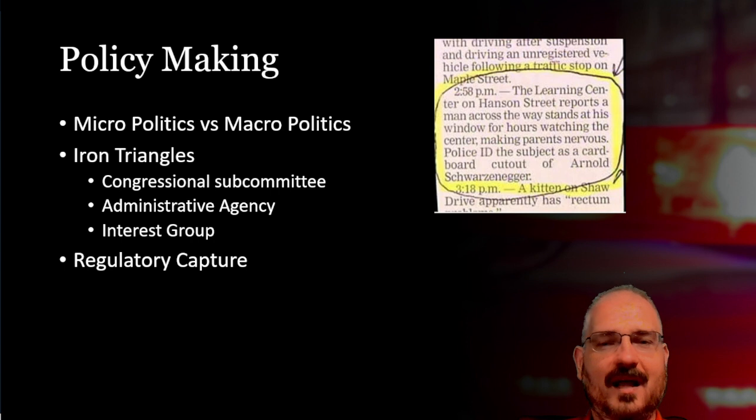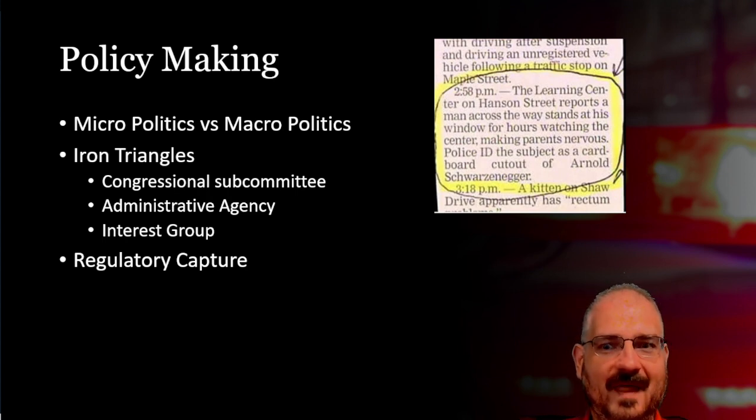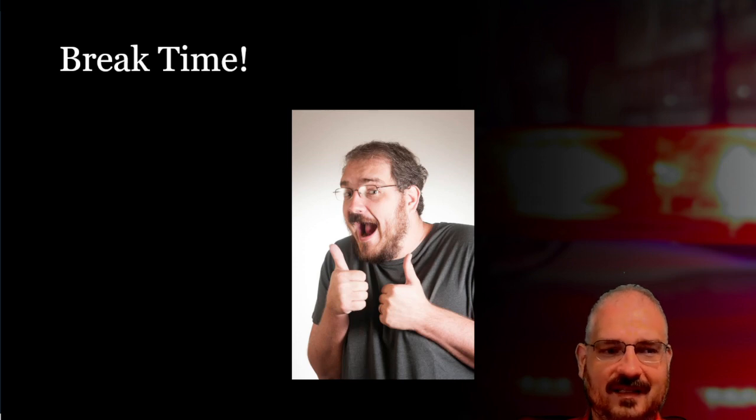So if they make lots of friends with the particular Congress people who are on these committees, and the administrators in that administrative agency are former members of those businesses, or want to be hired by those businesses when they're no longer in government service or whatever, that creates a process called regulatory capture, where now it's essentially those companies or those organizations or those groups that are in charge of regulating themselves. And that is obviously not a good thing. So those iron triangles have slowly become less and less common.